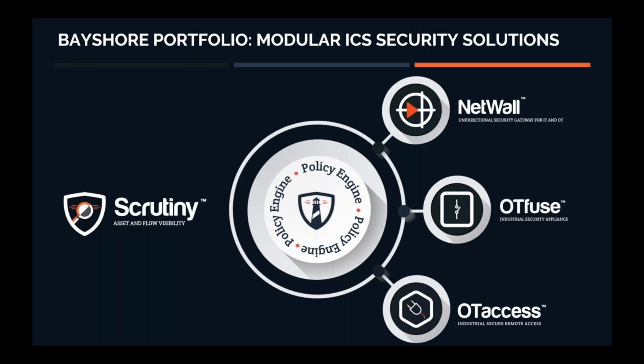All right. So for that we got, like you see here, 5 different products, but one of them is completely free. And why is that free? The one is called Scrutiny, the one that you see here on the left. Free normally means it's not good, it's rubbish. But in this case, I can assure you, Scrutiny is free because it will lead your customer to know what they got. Because what the Scrutiny does is